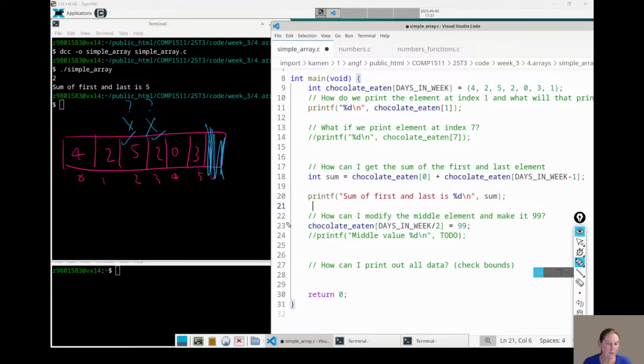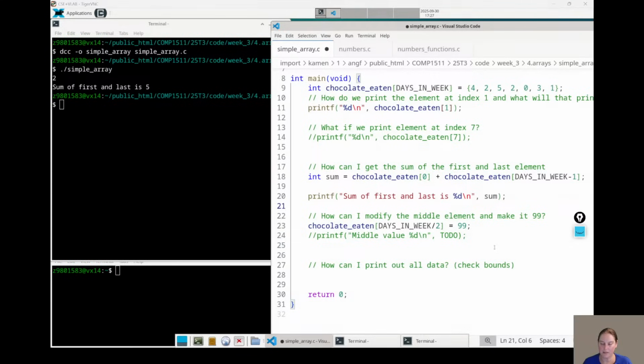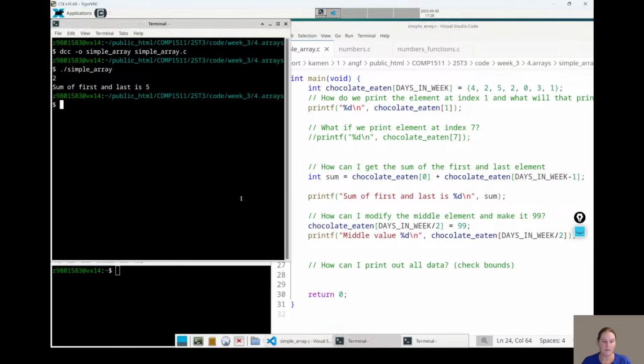But in general, you get one of those middles by just dividing by 2. And you can do tricks to get the leftmost one. Okay, but for today, let's just do this one. So now we should have modified one of those values to be 99.